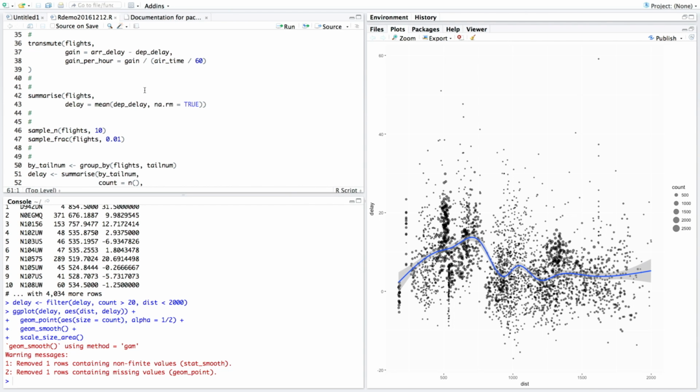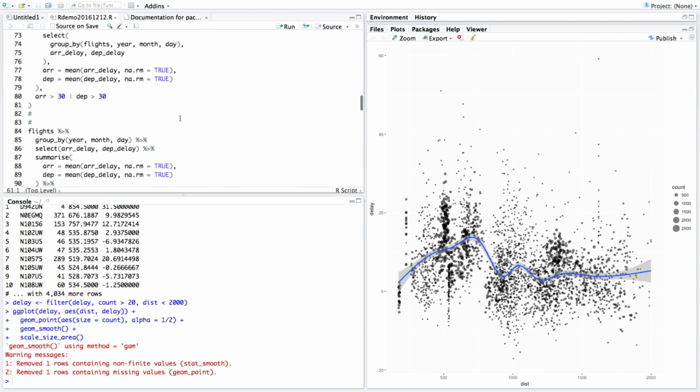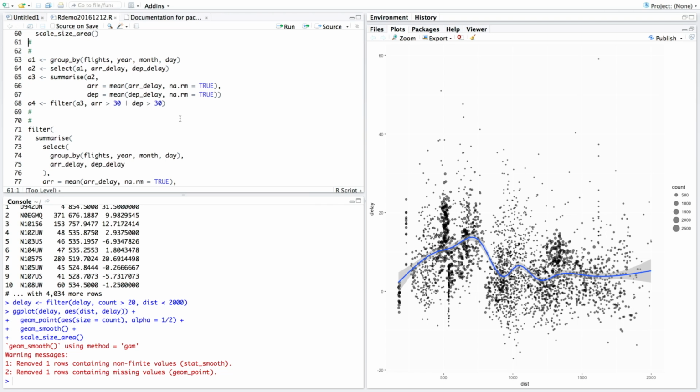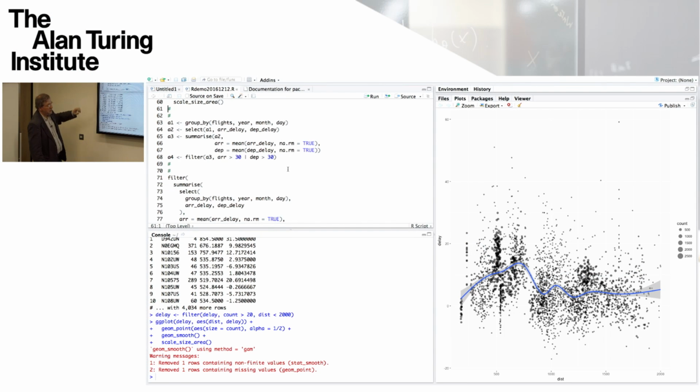Okay, so where do we get to? Yeah, so I think I'd like to illustrate one further thing, and then we might even be due for another little break. Let's suppose that we wanted to do the following combination of operations. So let's look at these lines here. Suppose I take the flights data set and I group it by year, month and day. So all the mutates and summarise will all be per group, which is effectively per day, under that year, month, day group by.